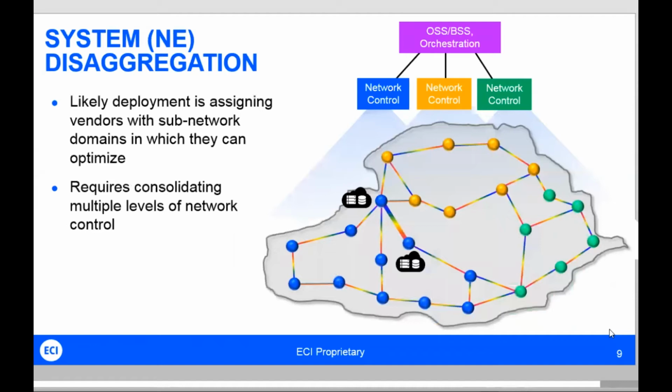So how would this look in a network? One likely scenario that NRENs might start to adopt is similar to what a lot of larger service providers are adopting, which is they're assigning different geographical domains of the NREN to different vendors. So over here, I would show 3 different vendors. You have one in blue, one in green, one in yellow, and each of these are assigned different geographical areas of the optical backbone. They each come into their own network control system, and then these network control systems are aggregated at a higher level of orchestration. And again, this is something which is fairly common in service provider networks today.